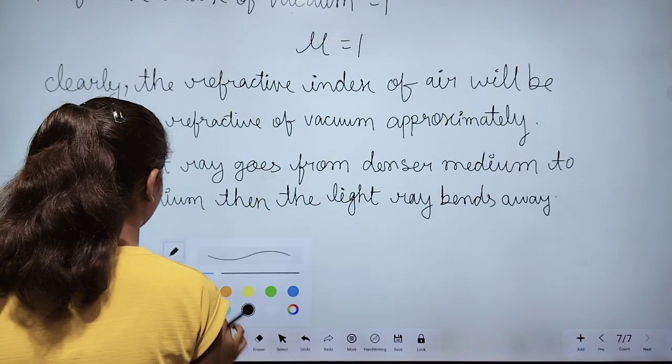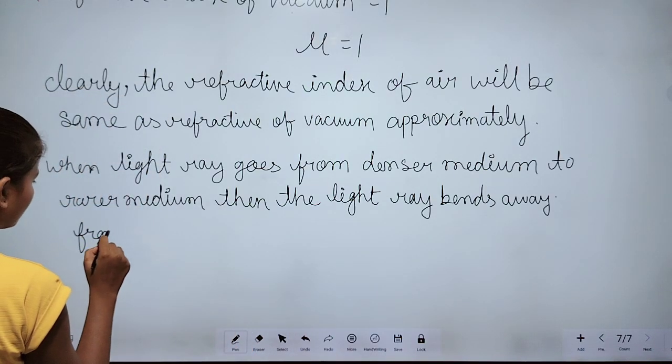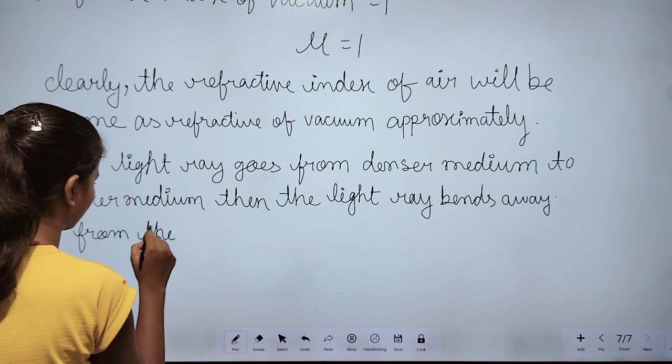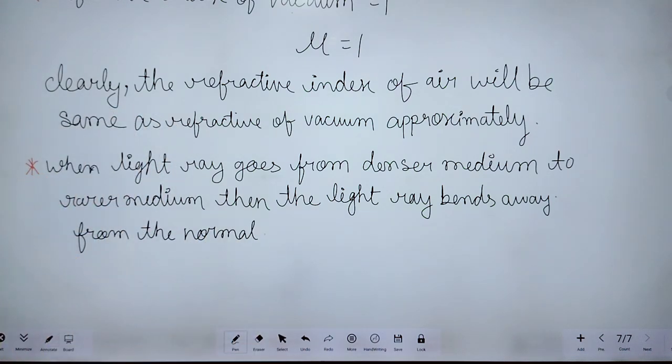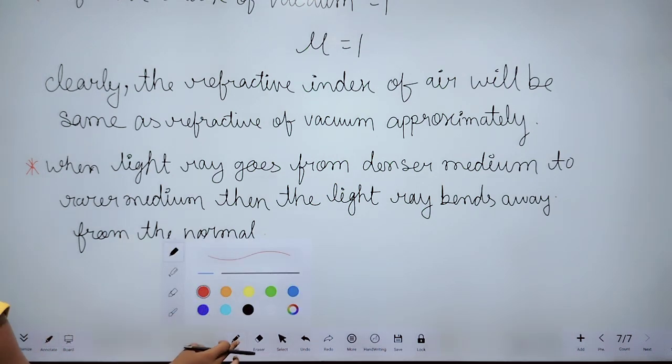Okay, and if the light ray goes from a rarer medium to a denser medium, then